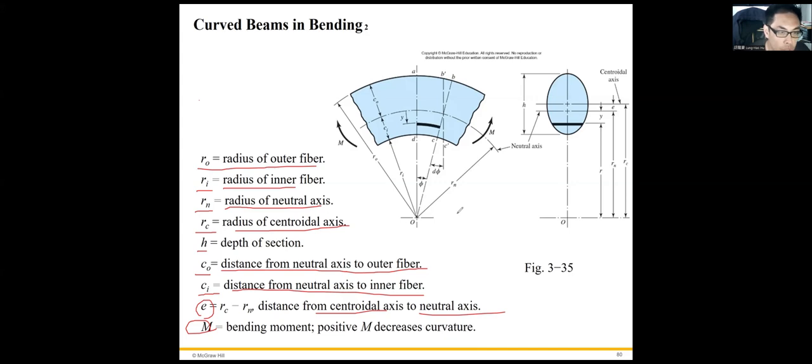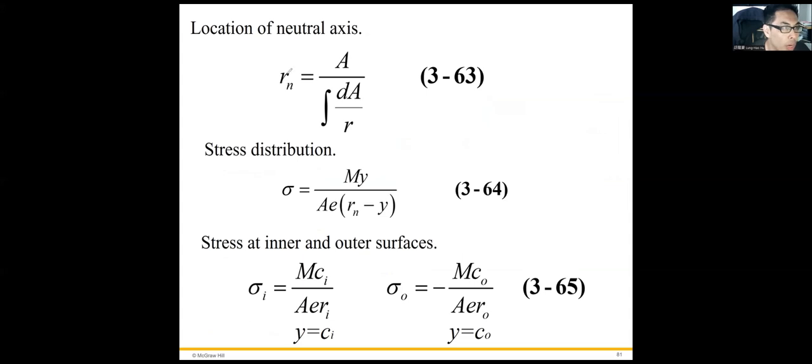Okay, and also this symbol y right here is the distance between r and Rn. Okay, so first we can figure out where its neutral axis is, and the stress distribution. So this is for the curved beam. So what is the stress? Normal stress for